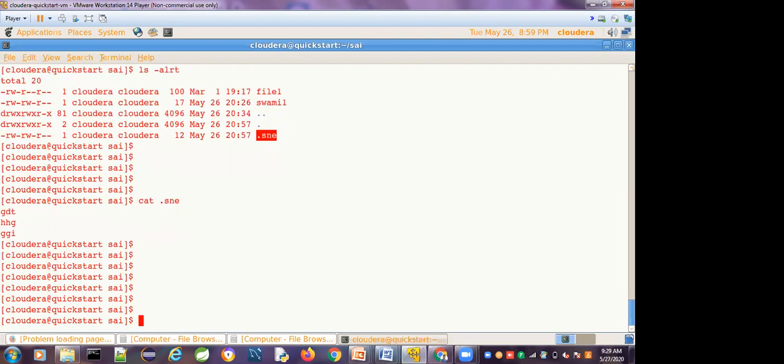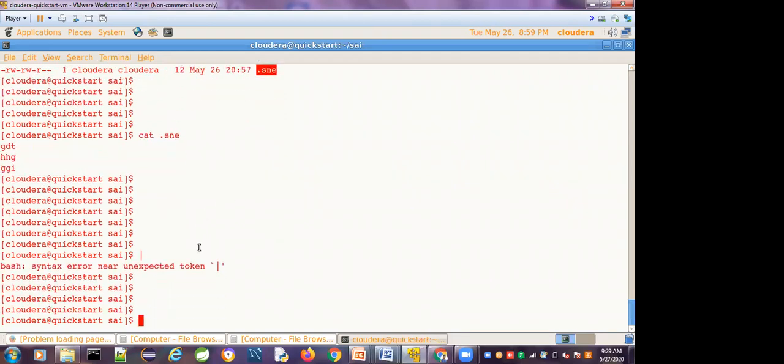Now, yesterday we discussed the types of files: regular file, directory file, symbolic file, pipe file. Pipe is one of the operators. The pipe command is a very important command in Linux. It is usually denoted by the vertical line symbol. What is the purpose of the pipe command? What is the use of the pipe command?